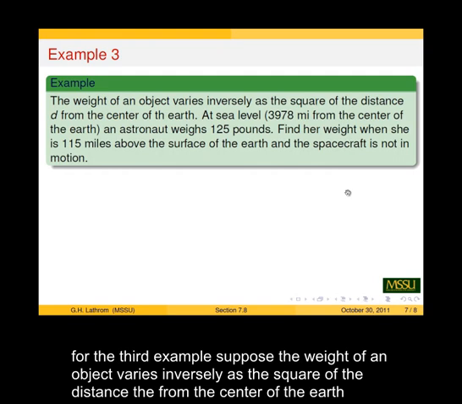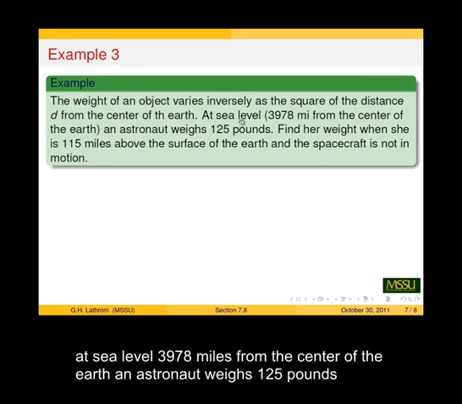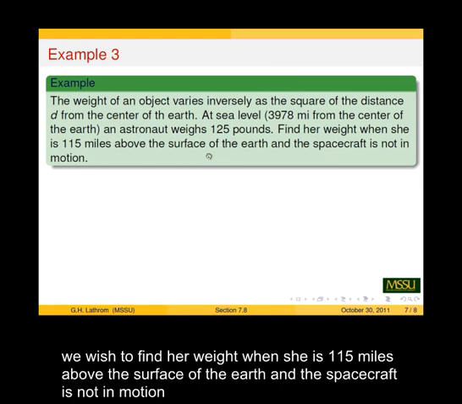For our third example, suppose that the weight of an object varies inversely as the square of the distance d from the center of the Earth. At sea level, 3,978 miles from the center of the Earth, an astronaut weighs 125 pounds. We wish to find her weight when she is 115 miles above the surface of the Earth and the spacecraft